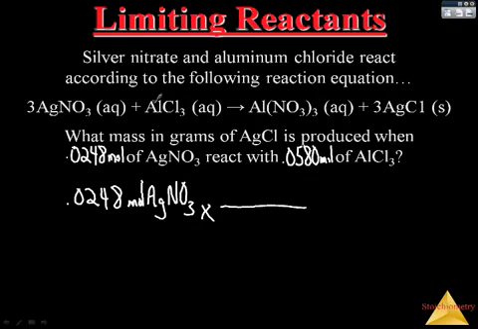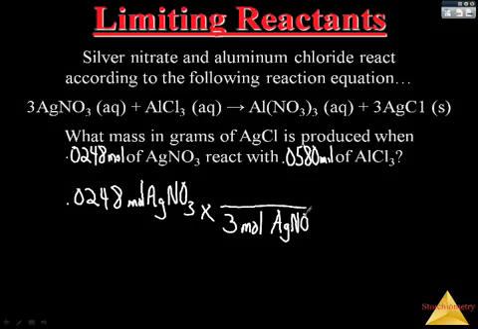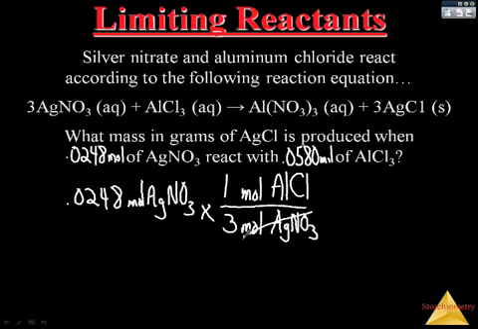The silver nitrate goes on the bottom. 3 moles AgNO3 is stoichiometrically equivalent to 1 mole of aluminum chloride. Moles of AgNO3 cancels, and we end up with 0.0248 divided by 3,